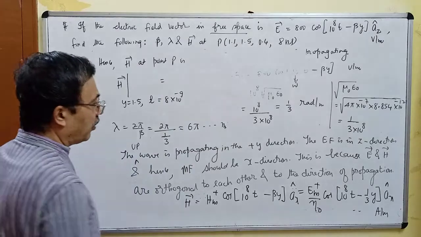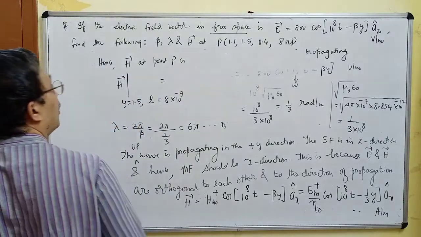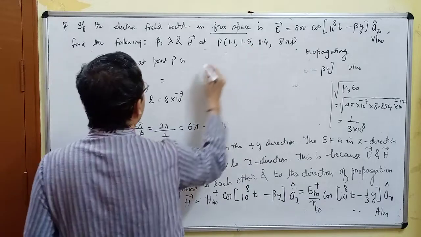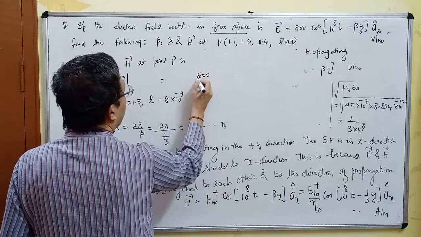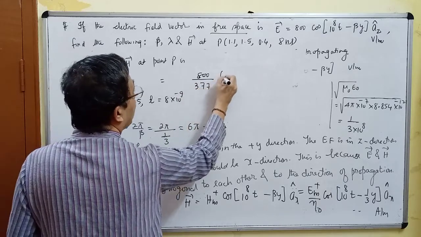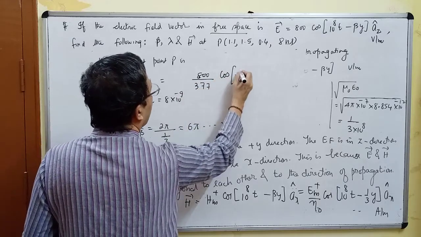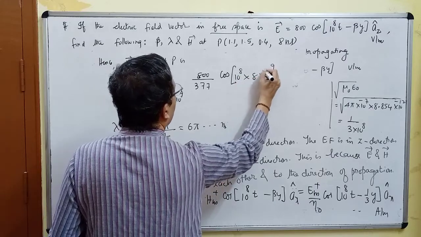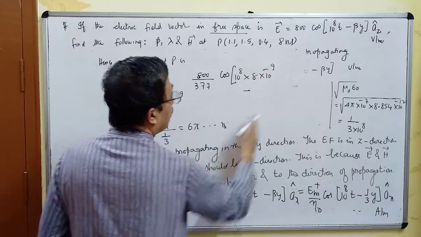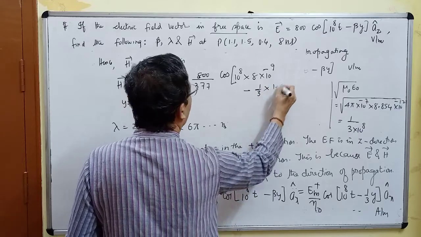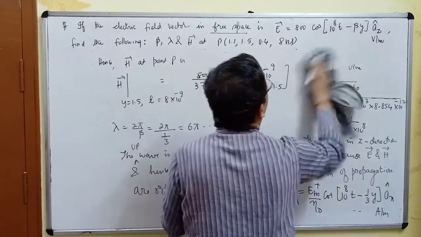So in this expression, what is Em plus? Em plus is 800 divided by eta naught. Eta naught is 377. Cos of 10 to the power 8 into t, which is 8 into 10 to the power minus 9, minus 1 by 3 into y. Y is 1.5. Whole thing multiplied by